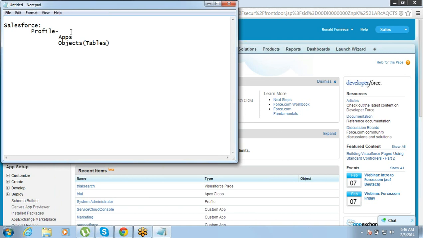So that access is also defined through profile. What all fields are available to a user is also controlled by a profile. What all tabs are available is controlled through a profile. So these are the main things which a profile basically controls.